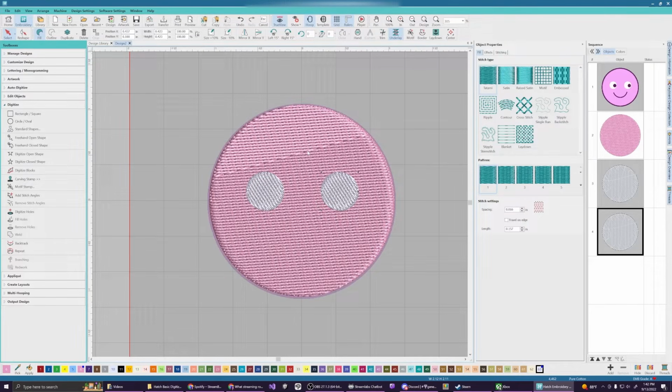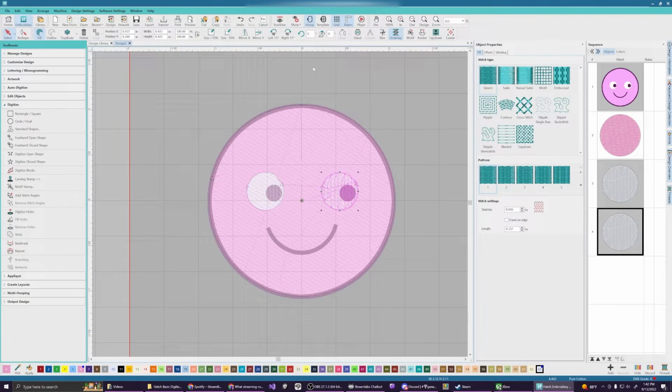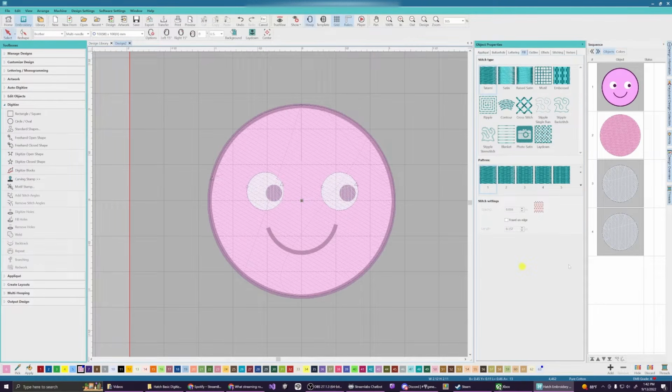But let's now go and do the dark purple. Okay, we're gonna toggle off true view again so we can see what we're doing. We're gonna deselect by selecting anywhere in the sequence that is not your actual object, and we're gonna select the darker purple. Thankfully, I have a deep purple down here at the bottom. Now, what we could do is we could just go here and here, just like we did for the whites